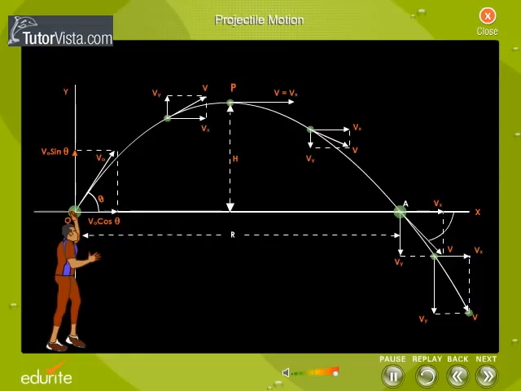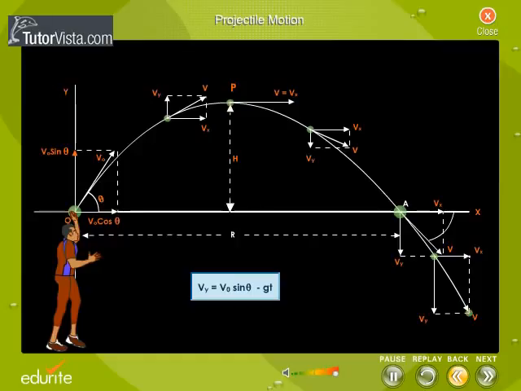The direction of the projectile at any instant is given by the angle between the velocity vector and the horizontal. Tan theta is equal to Vy divided by Vx. From the equation Vy is equal to V0 sin theta minus gt, it is clear that Vy decreases when t